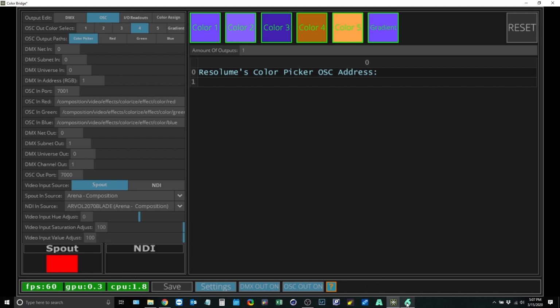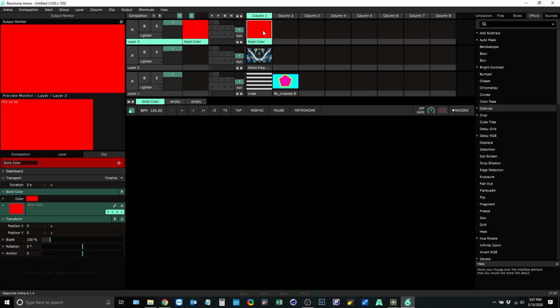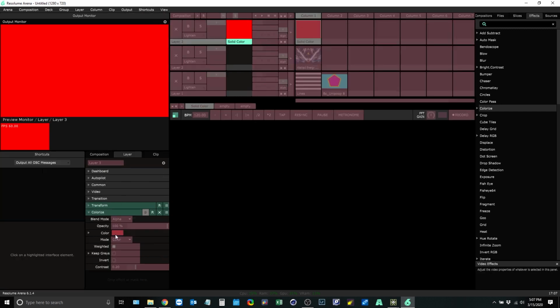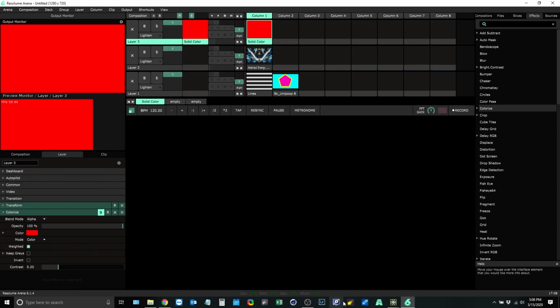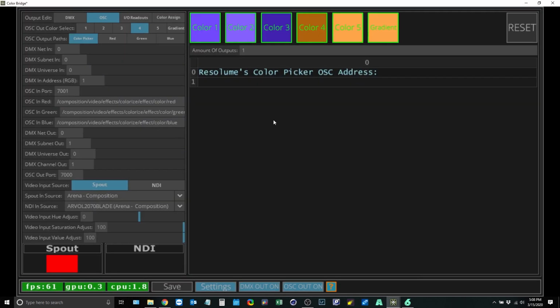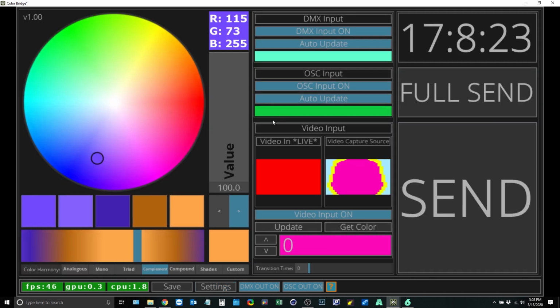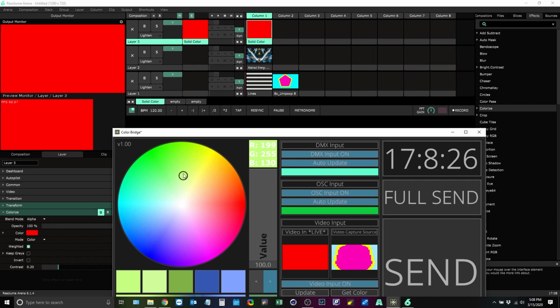So we're doing color picker. So if we come back into Arena and we go to layer 3, next we're going to go to shortcuts, OSC, click on our color picker. We will copy that, go back into Color Bridge, and we will paste that right there. So again, this is color 4, color picker. So this right here is color number 4. So if we go back into our settings, we change the color here,